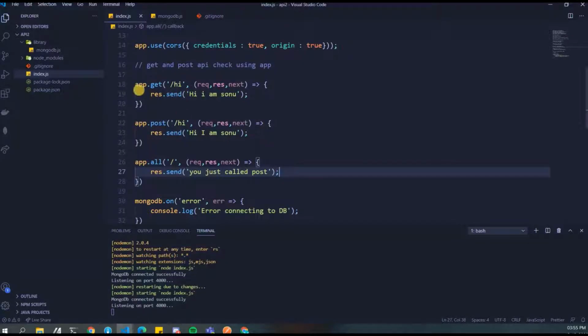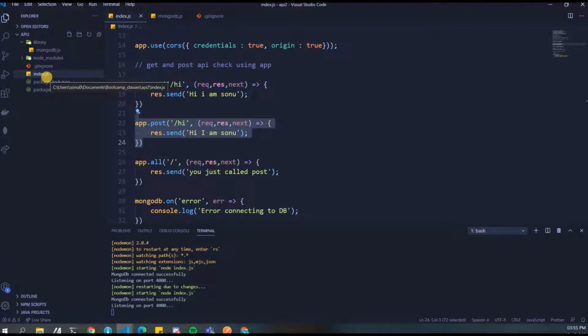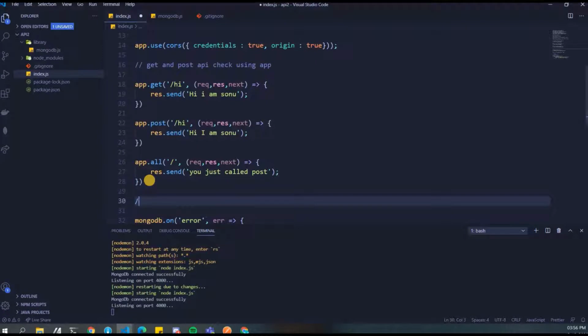But see how tedious it's gonna be to create everything in app, and then the router, each router just going in and hitting the same app, and there is no routing as such possible over here. So what we are gonna do is we are gonna create a MVC architecture, which is really important, and we are gonna use something called Express router.